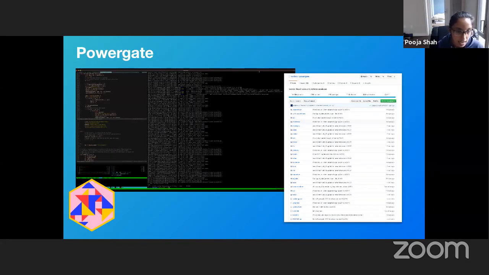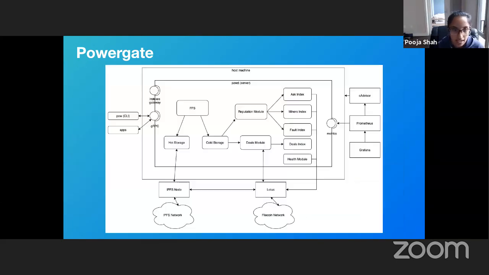Powergate is software that's being built by the Textile team, just a powerhouse team. This is an architecture diagram that the Textile team put together. It's essentially a set of libraries, a set of modules that exist on top of an IPFS node, a Go IPFS node specifically, and a Lotus node. If you think about it today, Go IPFS and Lotus are fairly low-level software. If you try to interact with these protocols through the CLI, it's really granular, transactional movements. You directly have to add data, you delete data, one file at a time,